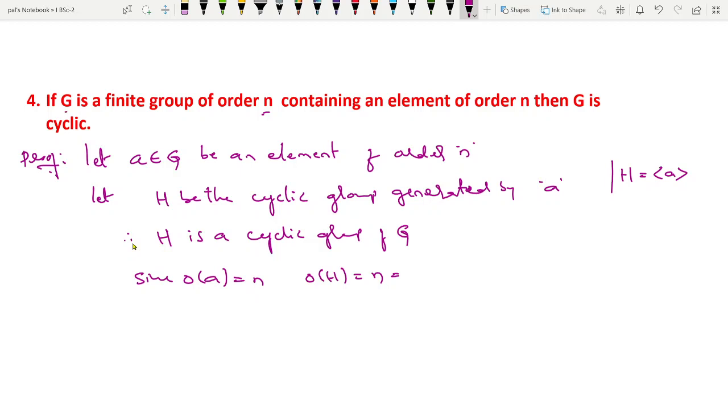So you can write n as the order of group G. So therefore, and also you know that H is a subset of or equal to G. H is a subset of or equal to G. So therefore,